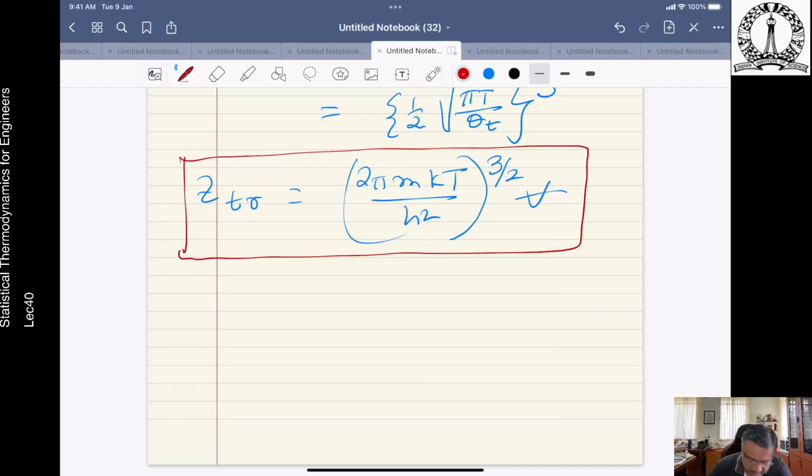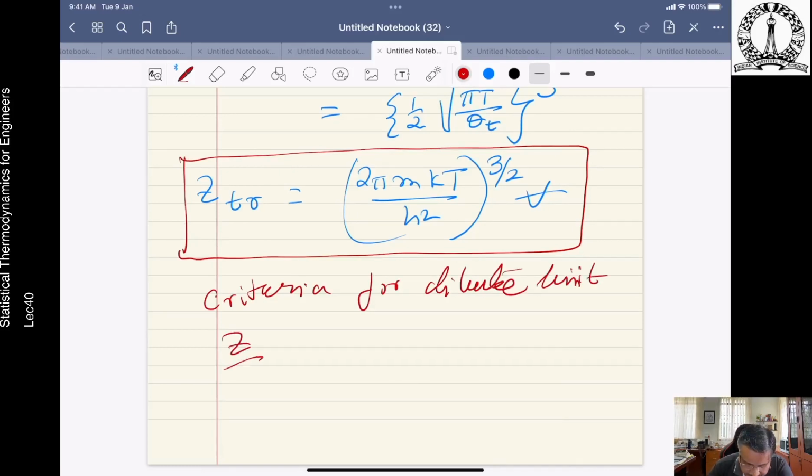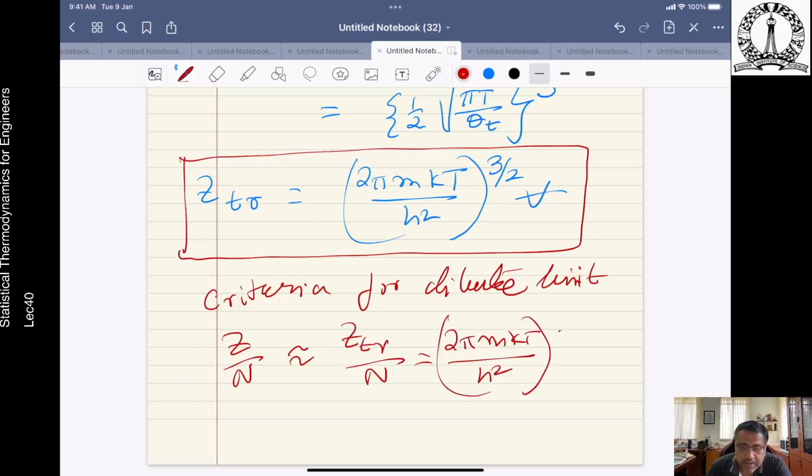So therefore, using our criteria for dilute limit, okay, Z by N is almost equal to the Z translational by N, which is equal to 2 pi mkt by h square, okay, to the power 3 by 2,